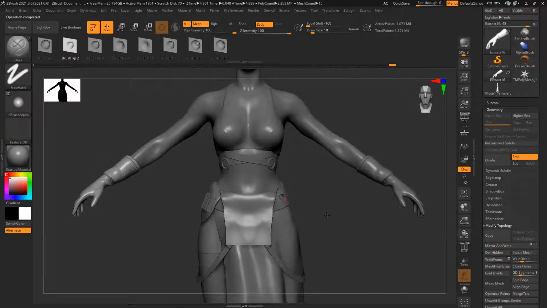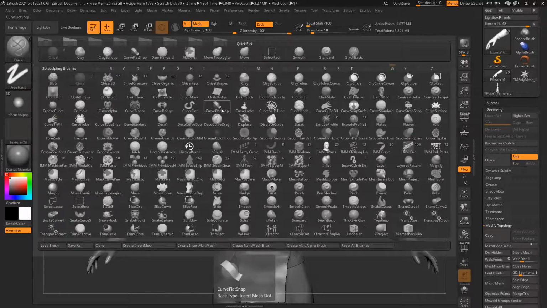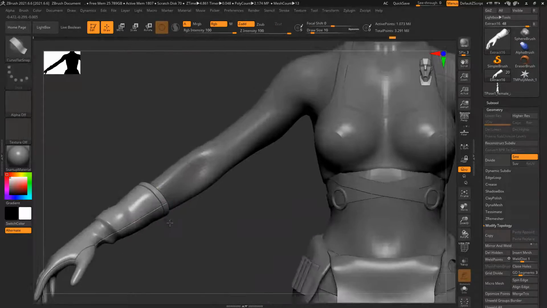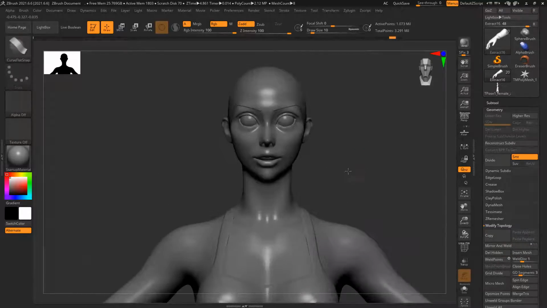With the gloves. Okay, so now we have those here. So how to create all these here? Because if I manually create this thing, it will become very difficult. So there are two different ways. I can do it manually, or I can use all these brushes available. You can see the new ZBrush has this Curve Flat Snap brush, and with the help of this, I can definitely work on this and create all these alpha cards very easily.